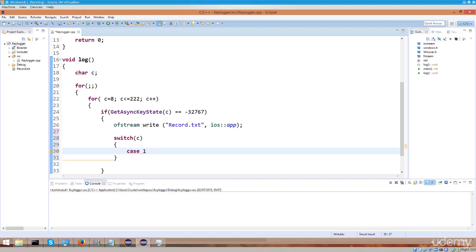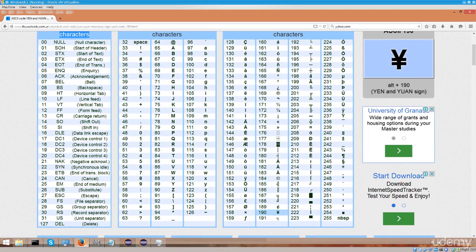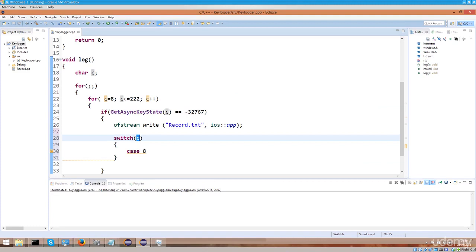Case 1. Actually, no, not case 1. That would be stupid. Case 8. So if C has a numerical value of 8 in ASCII, that means it's a backspace. So here it is. It says backspace. Okay, no problems. Let's just do it here and type in a colon, not a semicolon here, space, and then